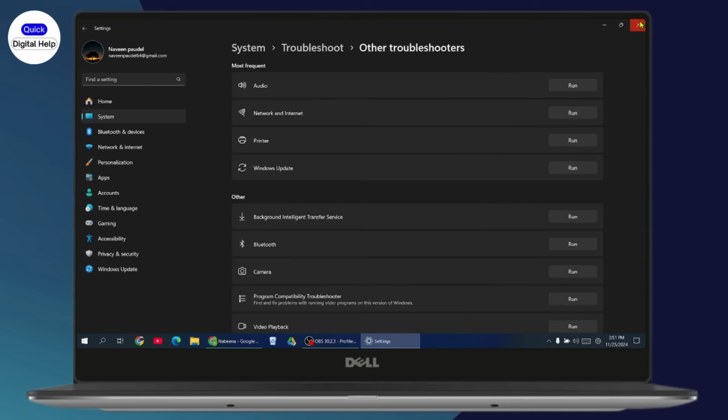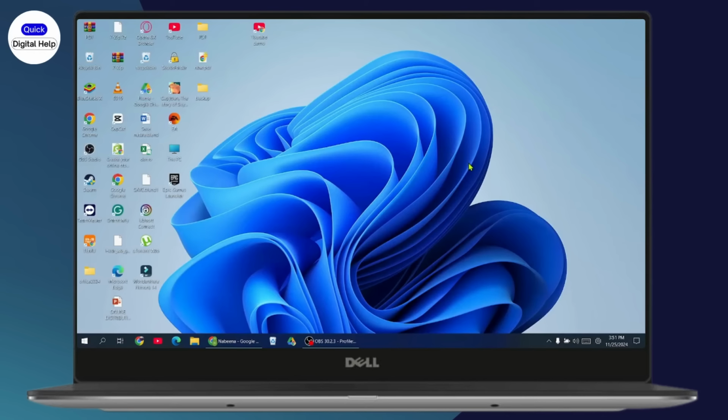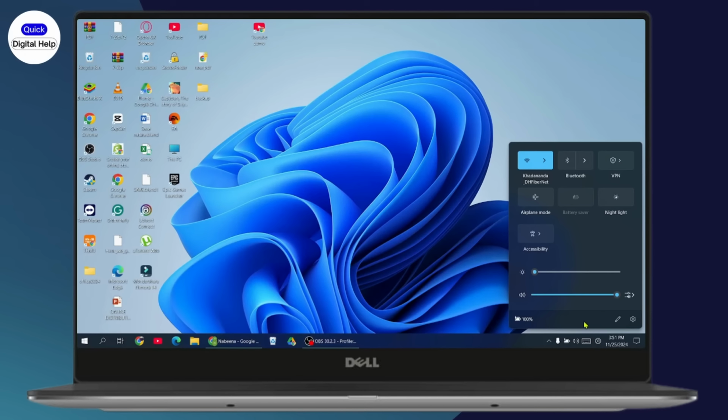But if it doesn't fix your problem, then you need to turn off the Bluetooth of your system. So you just need to simply go with your control center. And if you've turned on the Bluetooth, then you just need to simply go and turn it off. Once you turn it off, then your problem might be fixed. But even after turning off the Bluetooth of your system, if it doesn't fix your problem,